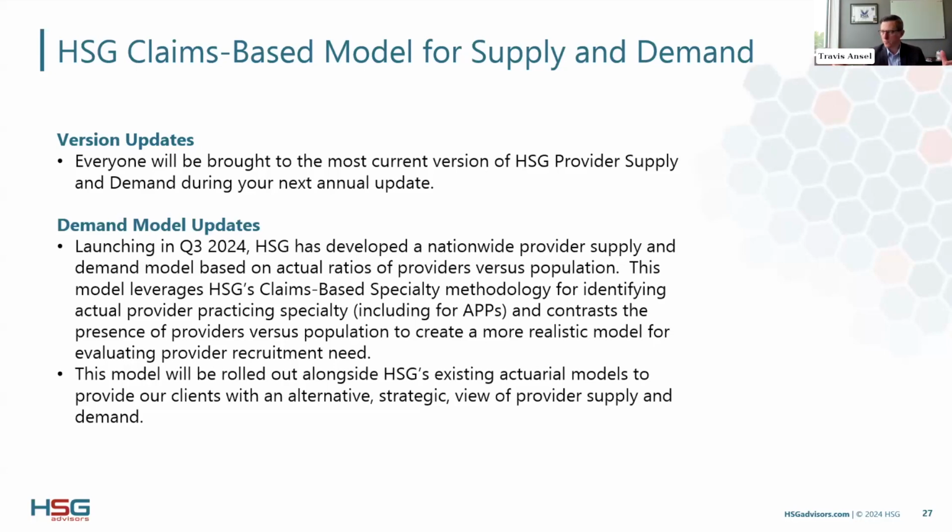And so what this claims-based specialty is going to do is basically look at what is the distribution of actual providers by specialty in the overall market, and then we'll be able to drill that down to region, state, county, zip code,